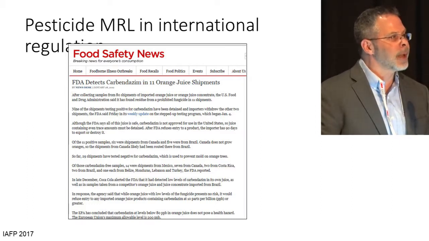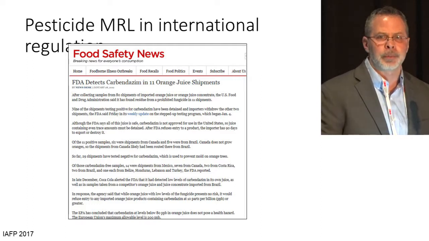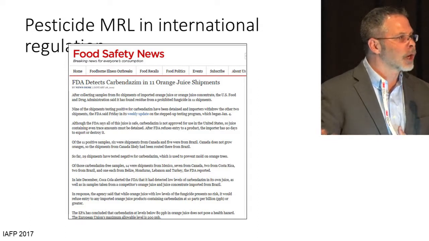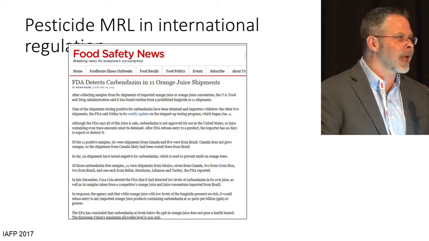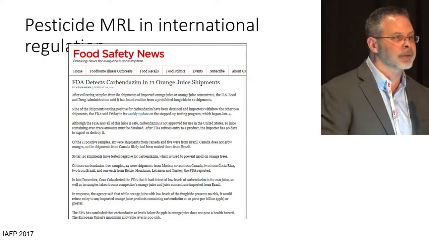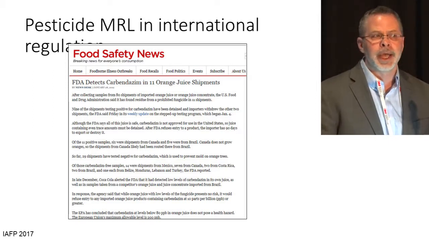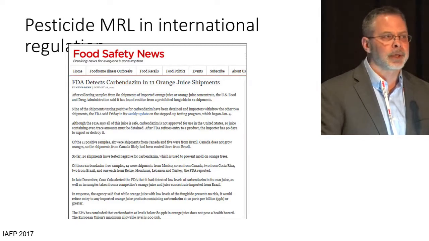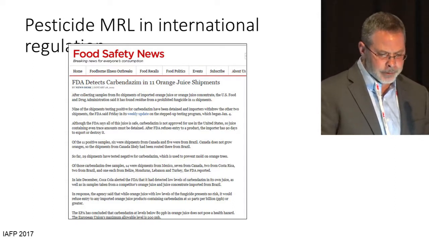So what we end up with is maybe some pesticides that might not be normally used in the U.S. because we don't have particular pests, that are now an issue because we're importing from other countries that have that pest and may need to use that pesticide. And it's a complex exercise because it's expensive to register pesticides, and sometimes the manufacturer doesn't really have incentive because they have a new pesticide and they don't have incentive to register the old pesticide. So it can lead to some real complexity in international trade in particular, and for multinational food companies, this is a real challenge. And a lot of the issues that we see in our contaminants programs are pesticides.